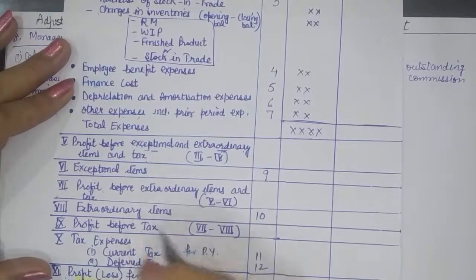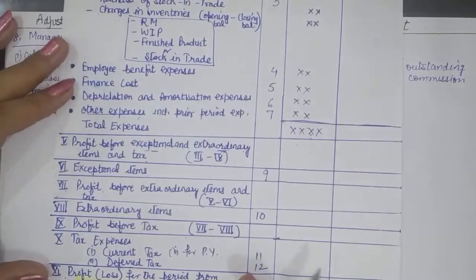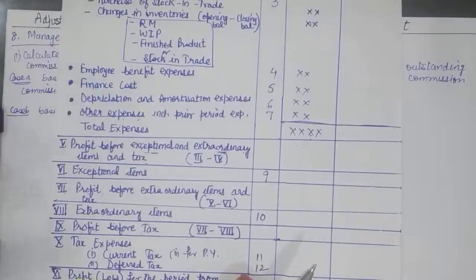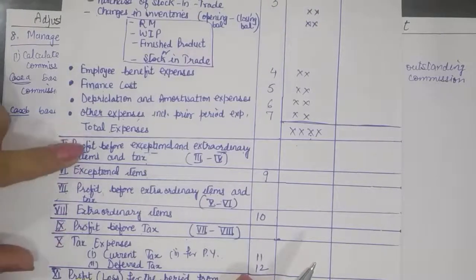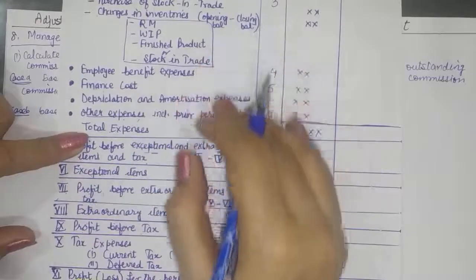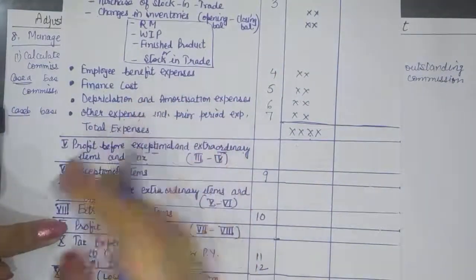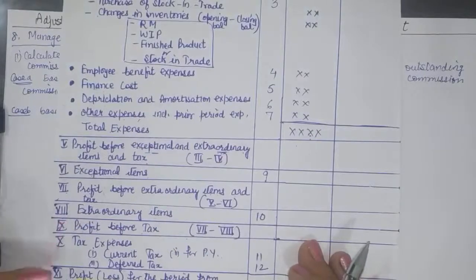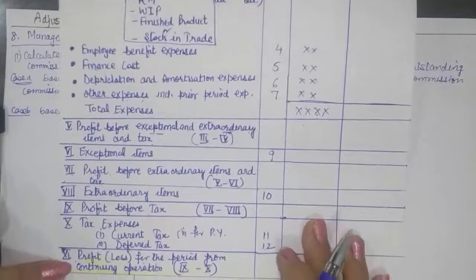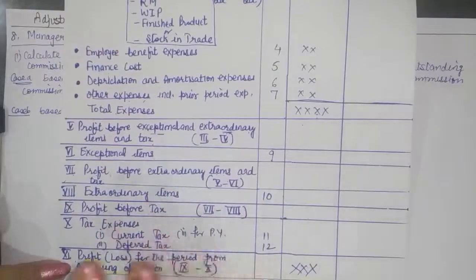and then we can record tax expenses on our profit, and then we'll get profit after tax, which implies that when commission is based on profit, then we need to know, is it based on profit before his commission and taxes, profit after his commission but before taxes, or profit after his commission and after tax.